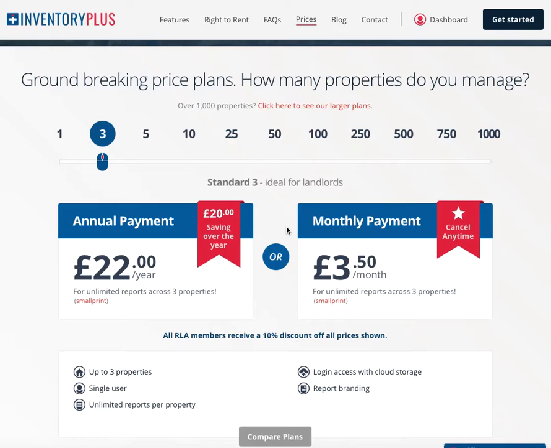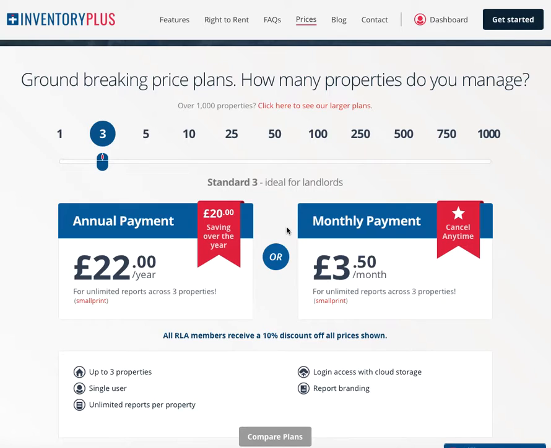So the next thing to note is that we do not charge for the individual reports that you create. Now that can become quite costly, particularly if you're looking to perform interim visits or inspection reports against your properties. And also if you wish to use the right to rent reports within the system, because of course they are based on the number of occupants rather than tenants. So it can become quite costly with pricing structures that work in that way,